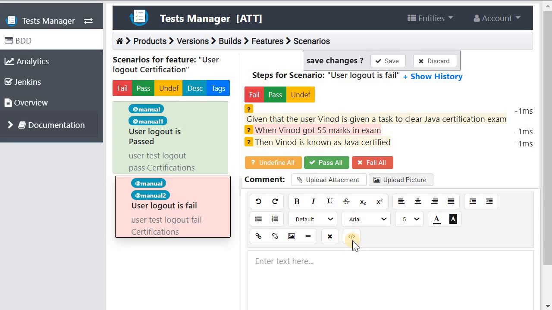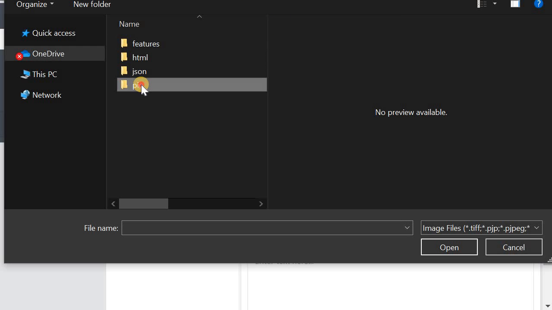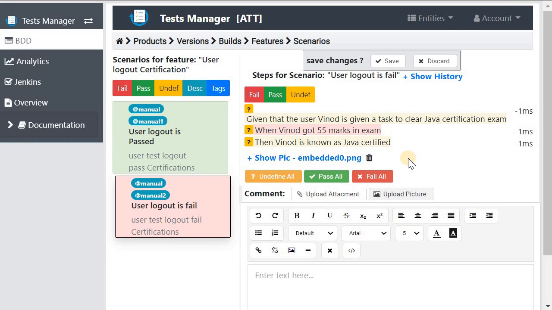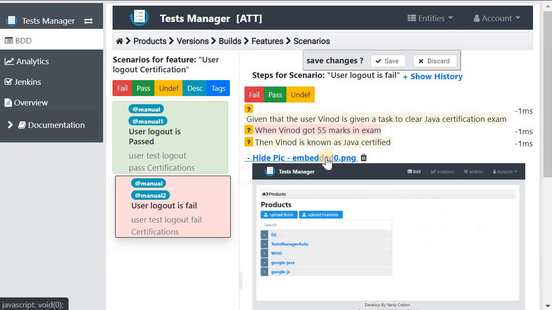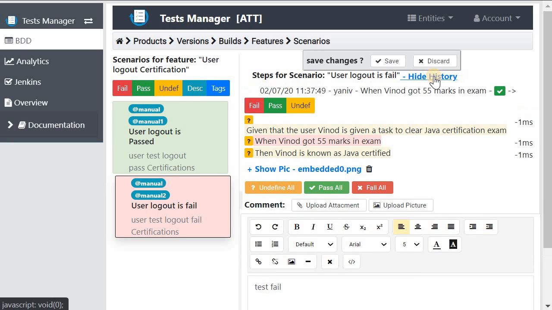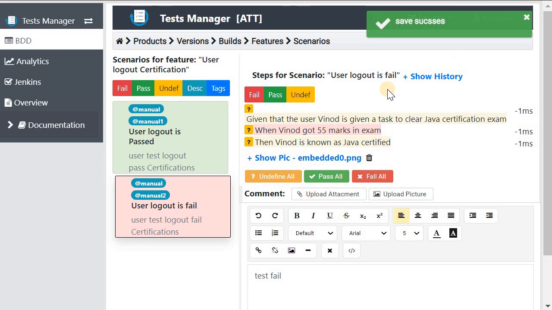Also I will upload an image that describes the error, and I will also give a comment. All my changes I can see in history. Let's save it.